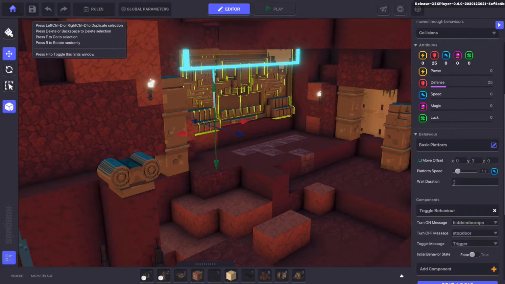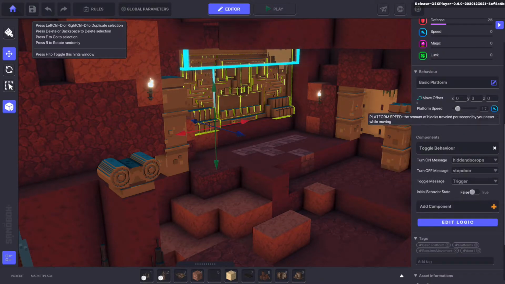Gave it a little 3 weight, so by the time you flip the switch and get back out here, you can witness the whole opening of it, which is kind of cool. But basically the main behavior is the basic platform. And then the thing that makes it all work is adding the toggle component. So by default, it's off. And then when you flip that switch back there, it's going to send this message to turn on the behavior, which means it would wait 3, and then it would open to Y3,